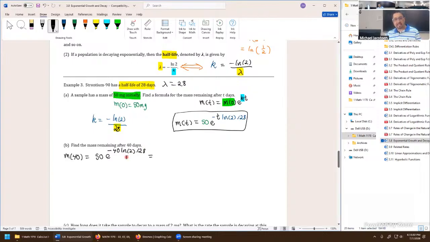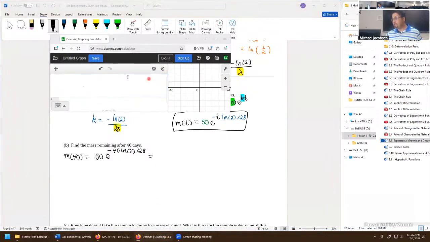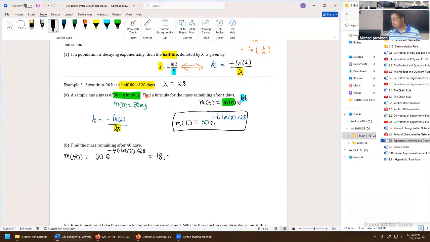And instead of simplifying it this time, I'm just going to put it all in the calculator in that format. It didn't say what to round to, so a reasonable amount, 1 or 2 decimal places. Use your best judgment would be appropriate. Let's go 50 to the power of negative 40 times natural log 2 divided by 28. So it says we'll have about, I'll go to 2 decimal places, 18.57 milligrams,